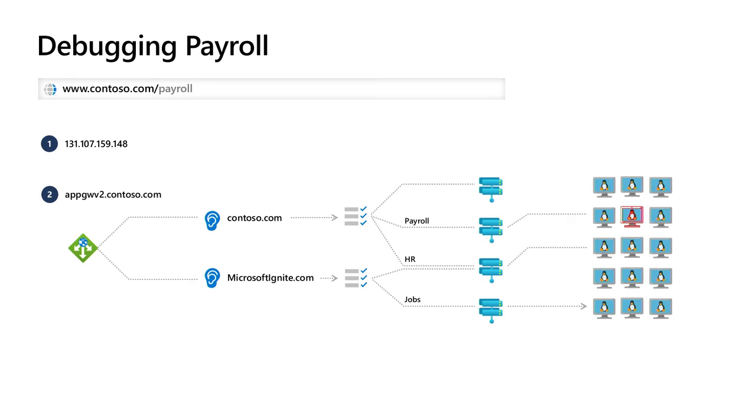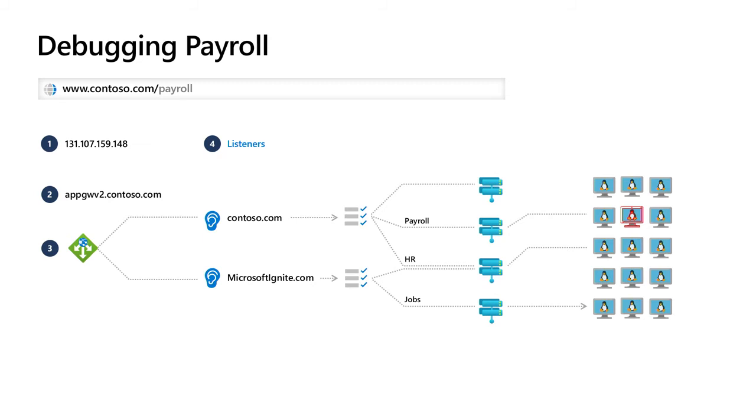Next, figure out the type of resource. In this particular case, it is an application gateway, a layer 7 load balancer. So again, you do this by drilling through the Azure portal. Next, you figure out if the application gateway is configured to handle contoso.com. For that, you look at an application gateway construct called listeners. I see that there are listeners for Contoso, and it's also handling a site called Microsoft Ignite, which we can ignore for the moment.